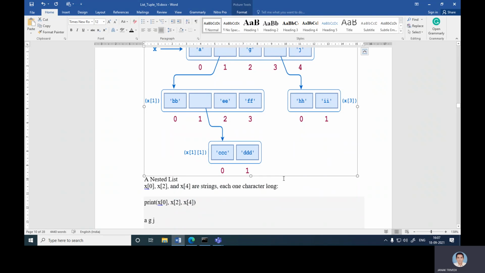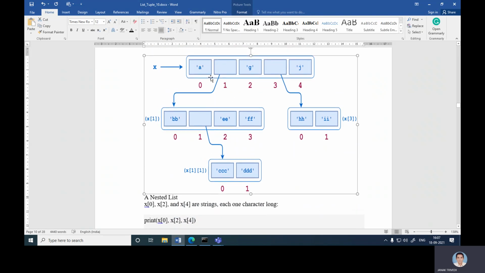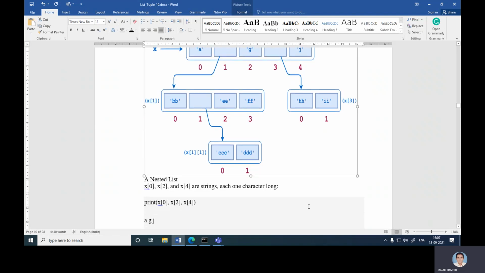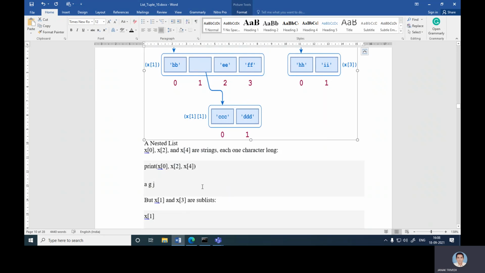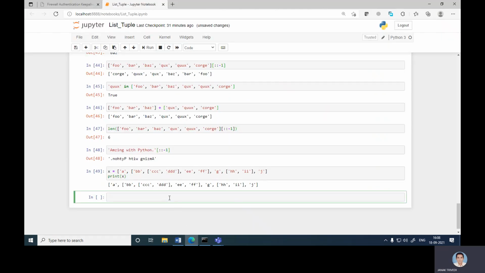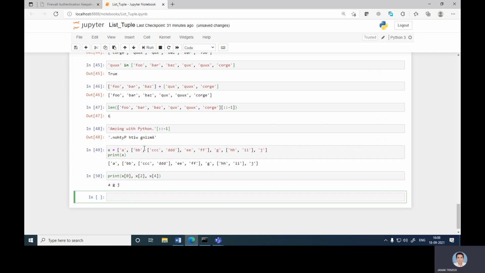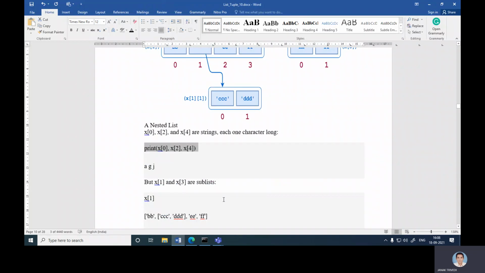So x0, x2, and x4 are strings, each one character long. Okay, so if you print x0, 2 and 4, it gives the single A, G, and J. But x of 1 and x of 3 are sublists.